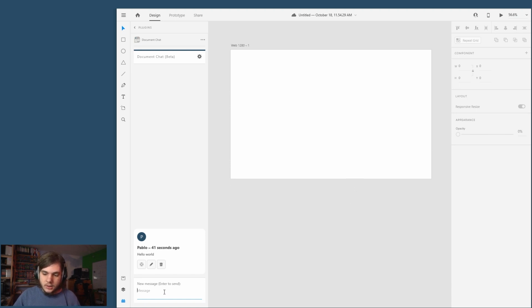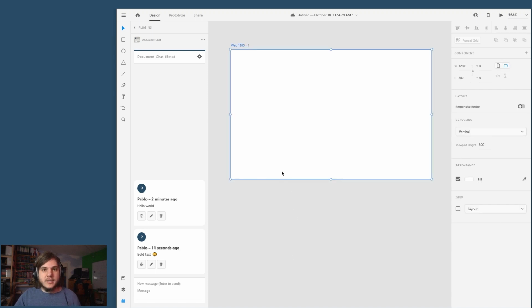Now, all the chat messages get formatted with a limited set of markdown. So for example, I could write some bold text, I could add some emojis and anything else that might be possible with markdown. One exception to that is that you can't use images or any other thing that could load external resources when inserted. So if I now send this message, you can see that the text is bold, and yeah, we have a nice smiley in our message.